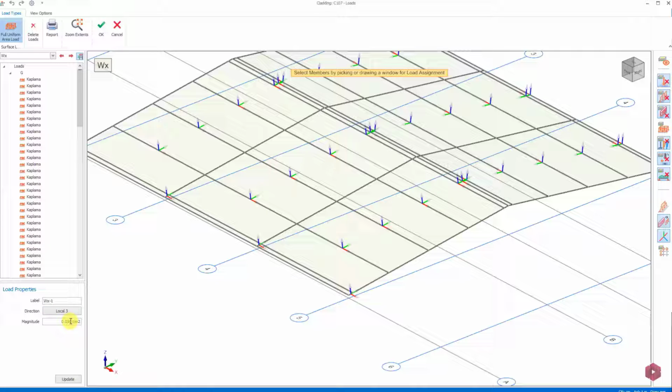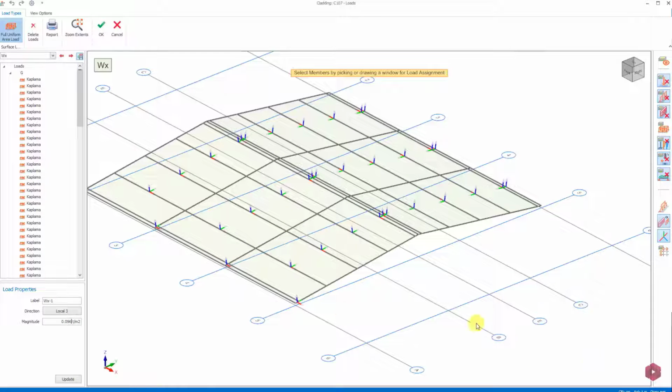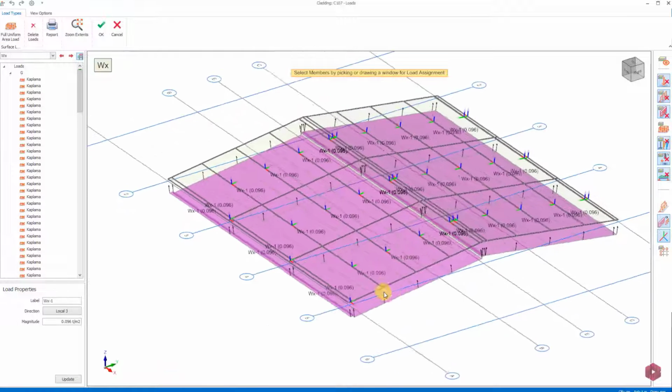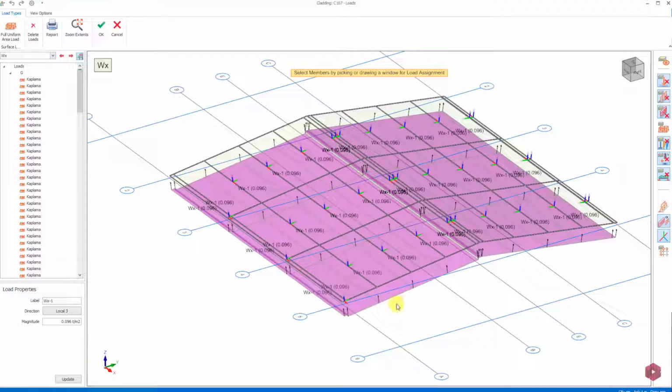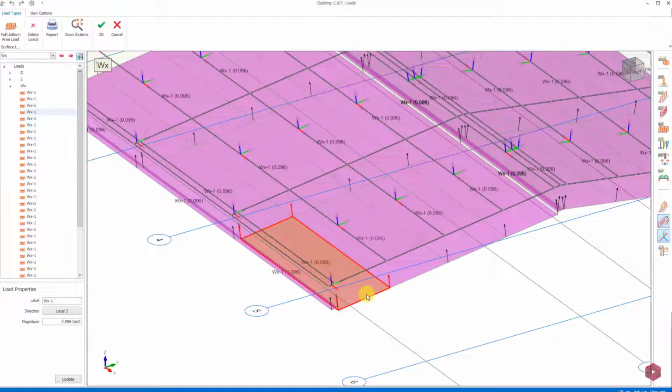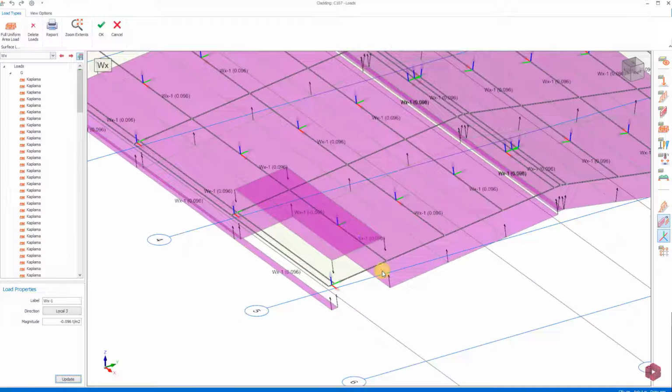In order to change the direction of the loads applied on the panels, when we click once on the panel, the load properties will open, or we can choose Edit from the right-click menu. In this section, if we want the load to be applied from top to bottom rather than bottom to top, it is sufficient to put a negative sign in front of the magnitude value and select the update option. Thus, the direction of the load is changed. To undo the change, the forward and reverse buttons in the upper left corner can be used. At the same time, we can use the Ctrl-Z and Ctrl-Y shortcuts here.